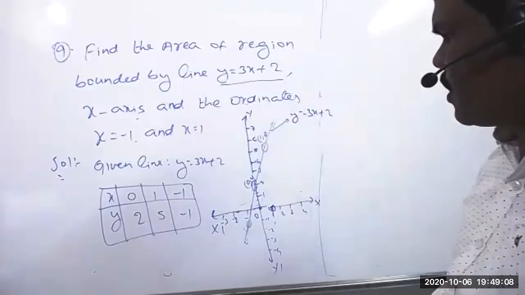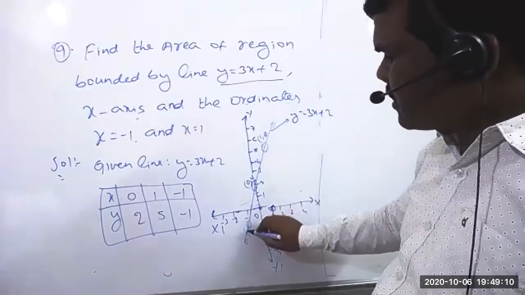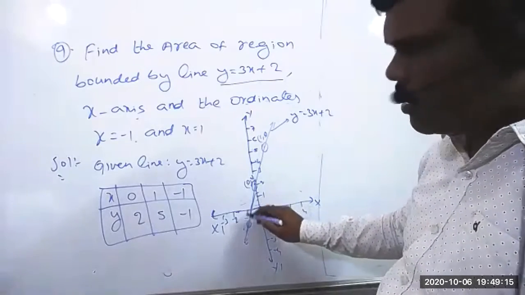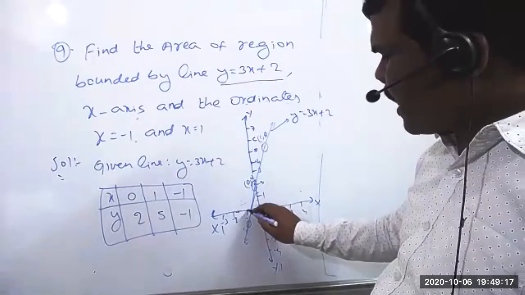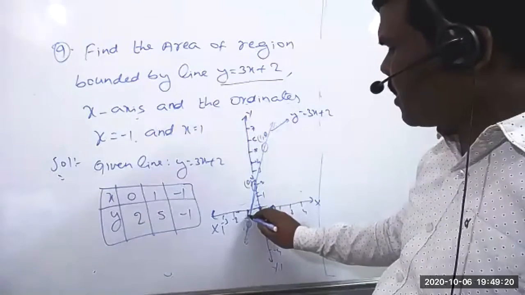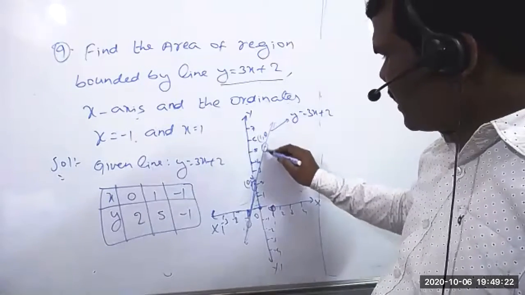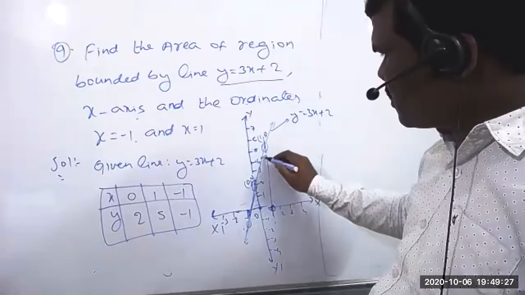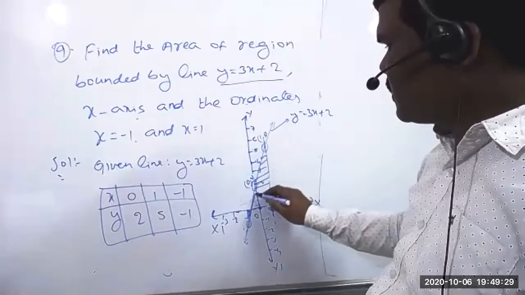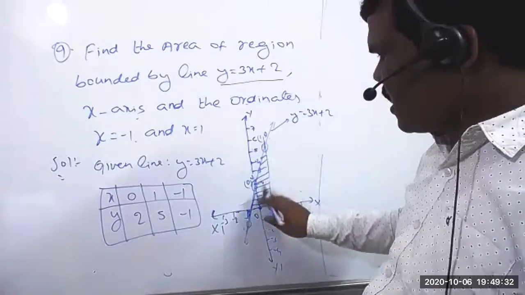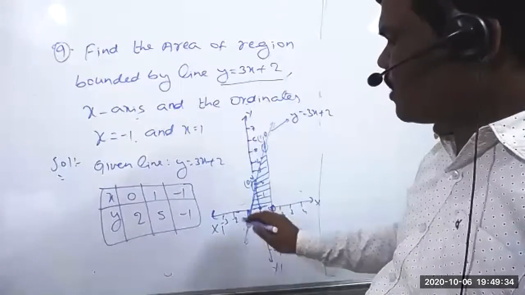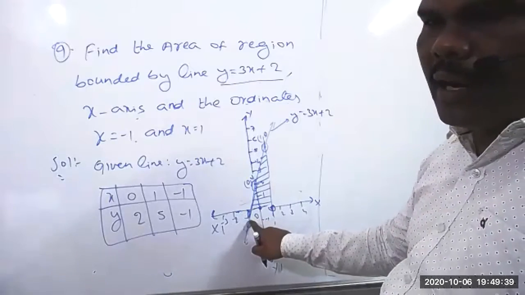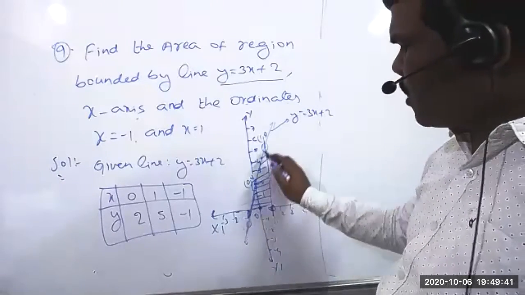Clearly we got it. And x equal to -1, but this line is not passing directly through -1. That means we have to find the area of this part, and with x equal to 1, through this also we have to take this one. We can find this complete area. We also require the small area outside, because of x equal to -1, the x-axis and the line, the small part and the whole part.